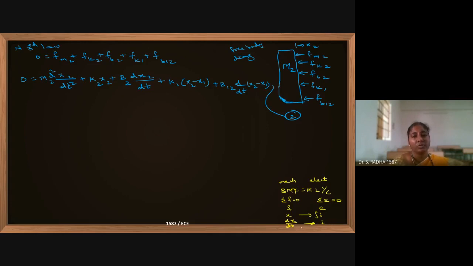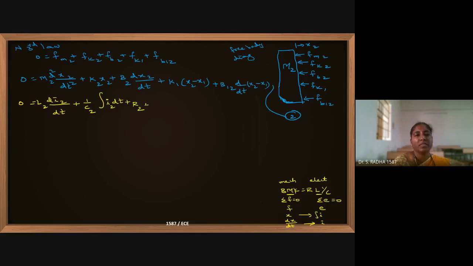Here it goes beyond the screen, so I am leaving it. I think you understood. No applied force, so it is 0. M is equivalent to L. So I write L2 di2 by dt plus K means 1 by C, so K2 is 1 by C2, integration of I2 dt. The third term: B2 means R2 and dx2 by dt.